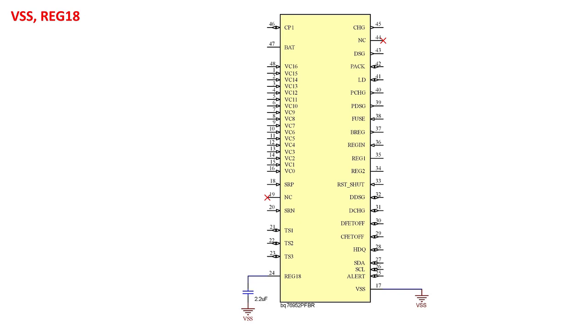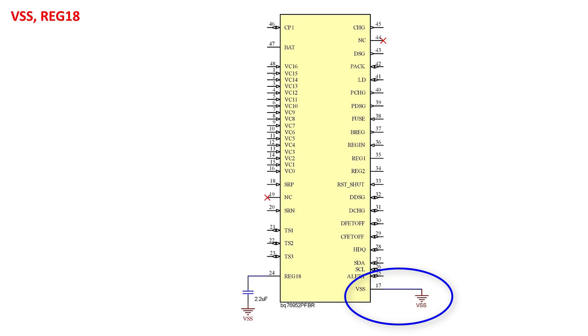Okay, let's go through the basic schematic connections, and I will point out things to watch out for along the way. Here we are looking at the 16S BQ76952 device. Let's start with the connection for VSS. VSS will connect to the bottom of the lowest battery cell, which we commonly refer to as BAT-. This is the ground reference for the battery electronics. This is different from the negative terminal of the pack, which we will connect to BAT- through a current sense resistor.